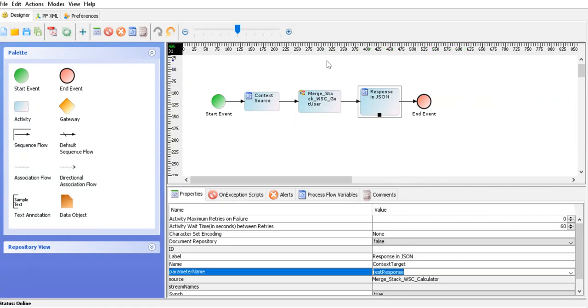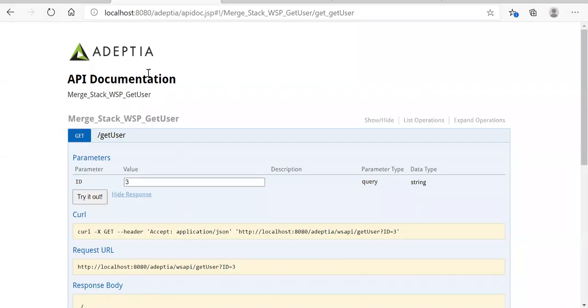Then we are exposing this process flow as a REST API. So the result in the REST response variable will be sent back to whoever is consuming this API.